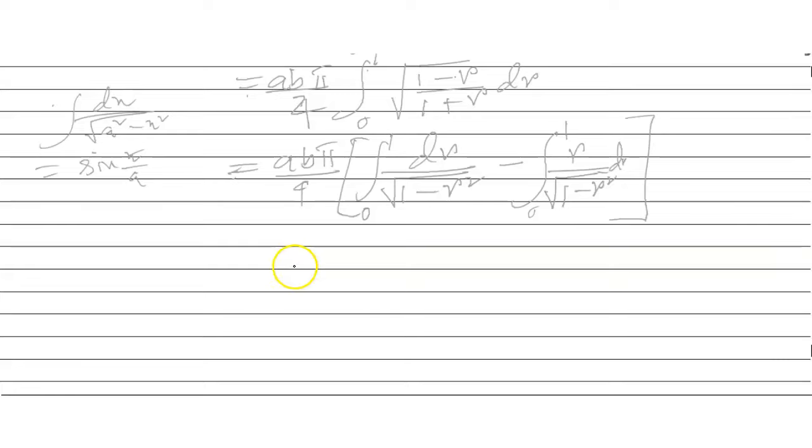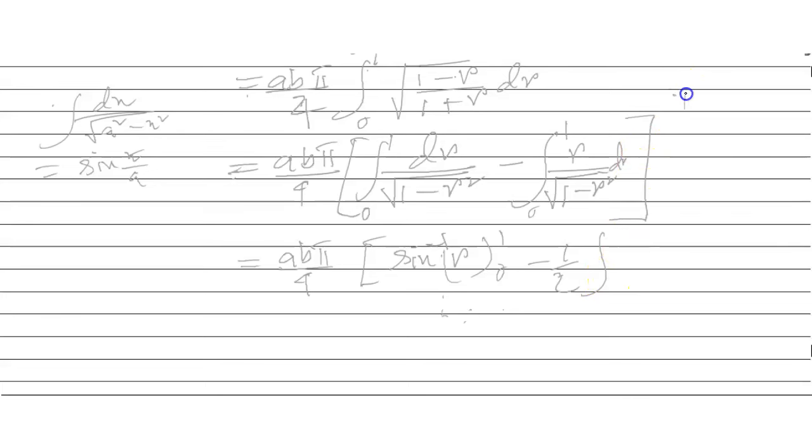So integration AB, pi divided by 4 into sine inverse r, and the limit is 0 to 1, and half into